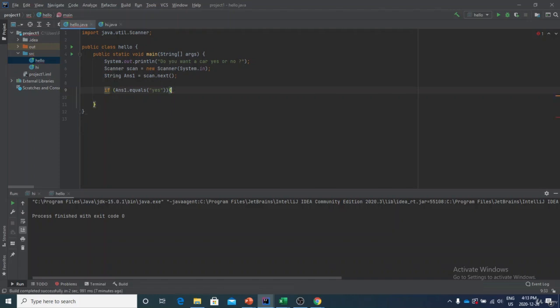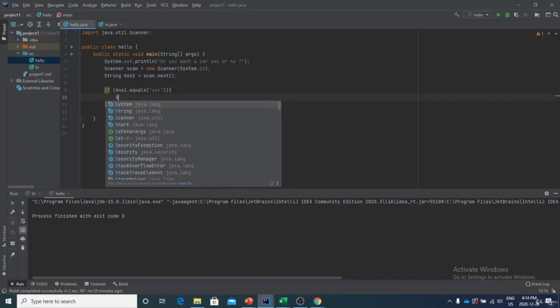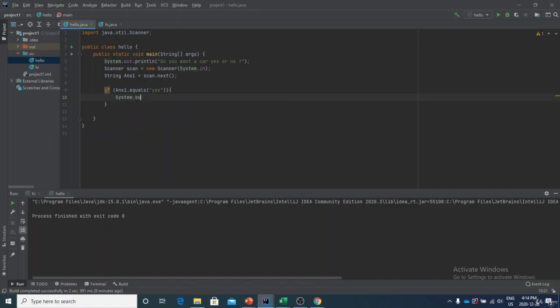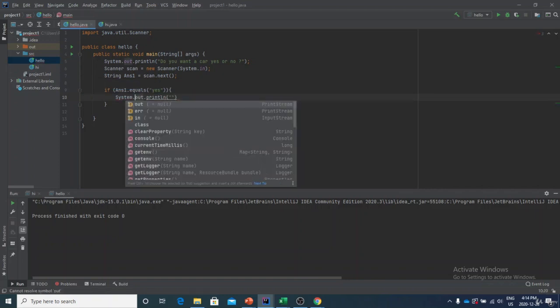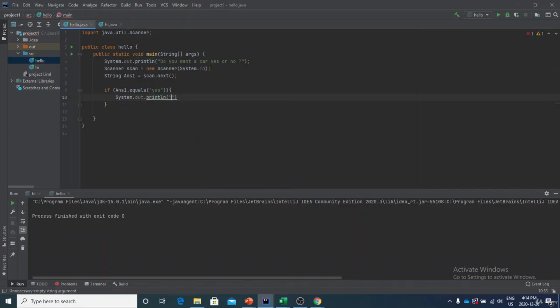So if the user answers yes, what do we want to do? We want to ask him another question. We want to ask him, okay, what is your favorite color? So this is exactly what we're going to do. We'll write down System.out.println, and we're going to ask him our question, which is pretty simple. We want to know what the favorite color of our user is. A little mistake right here, we should write down points. There we go. So we write down println, and we ask the second question to our user, which is, what